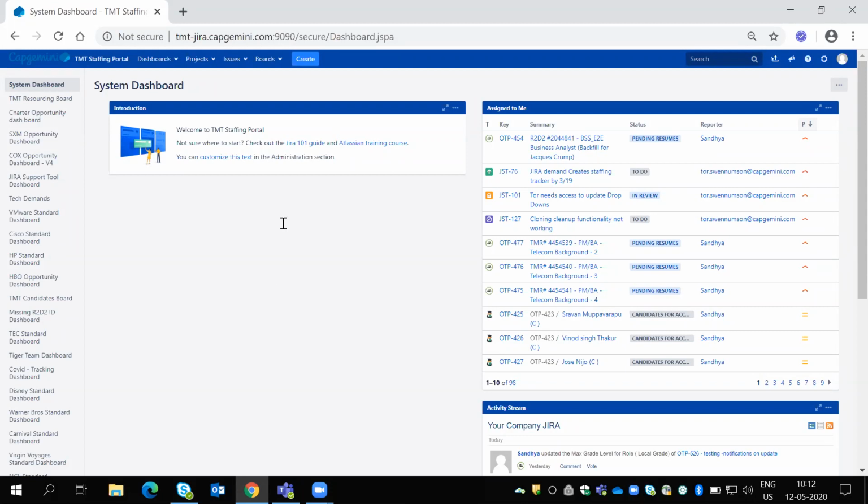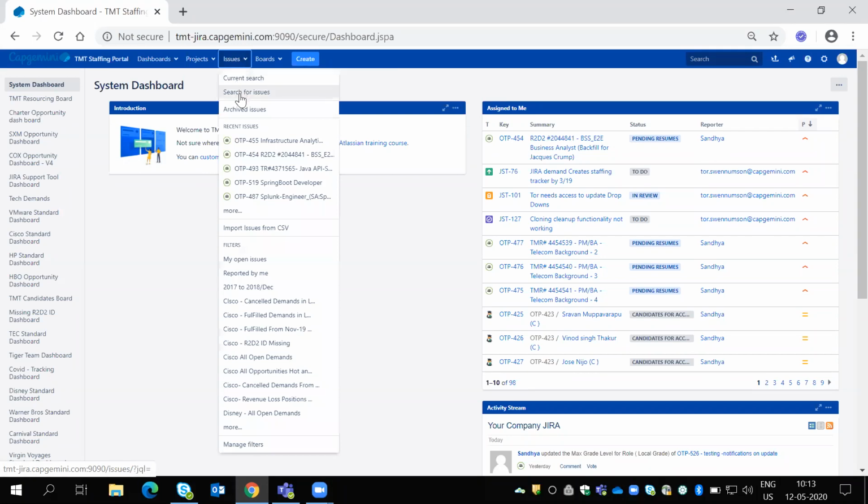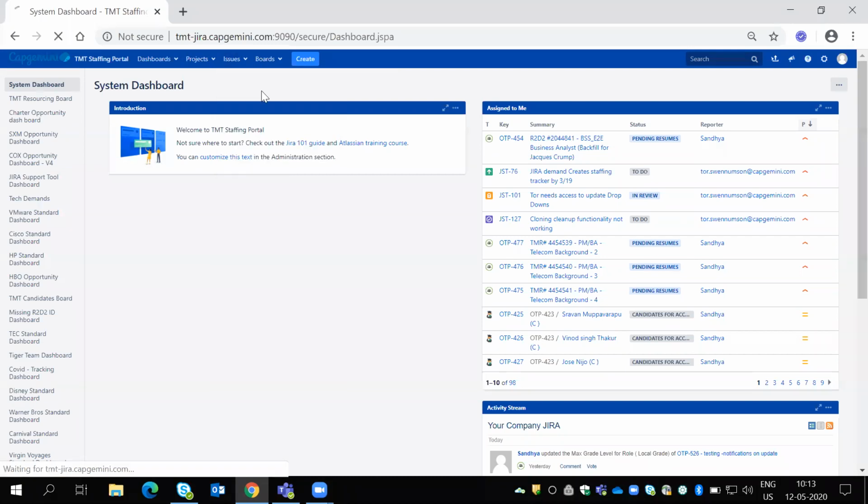Okay. So first of all, to write filters, in the main page, you can click on this Issues page. So after Projects, we'll get this Issues option. Click on Issues, and then next you can see Search for issues. Click on Search for issues.